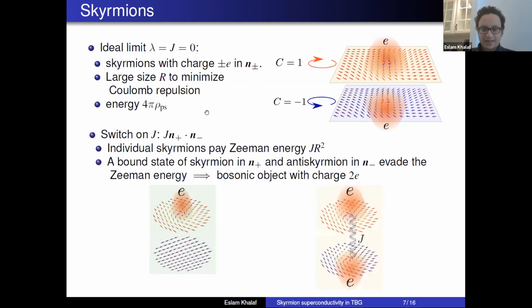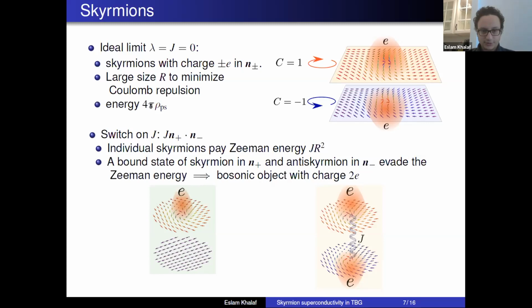Now let's see what happens when we switch on the antiferromagnetic coupling J. In this case, if we have an individual skyrmion, we find that it will pay some Zeeman energy that's proportional to its size. This is because the spins are completely aligned, let's say, in the x direction in one sector. On the other sector, if we form a skyrmion, inside the skyrmion, the spins will not be completely antiferromagnetically aligned. So this Zeeman energy would cause the skyrmion size to shrink and would cause an energy penalty on top of